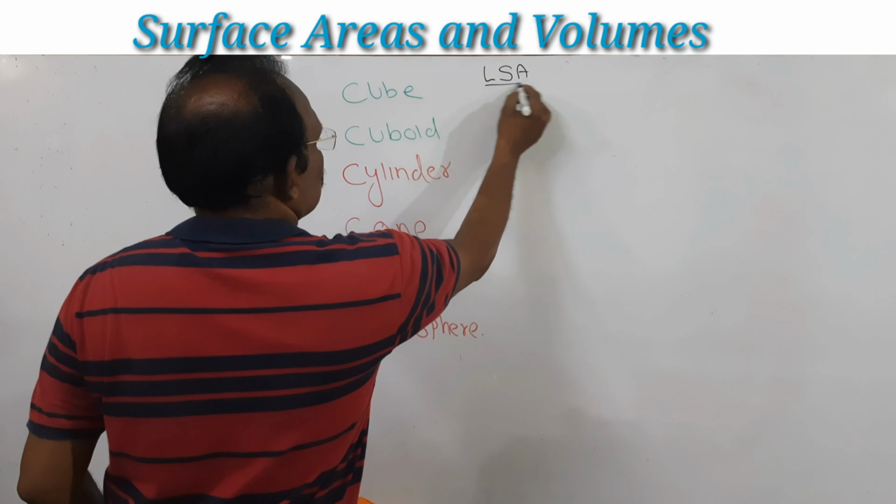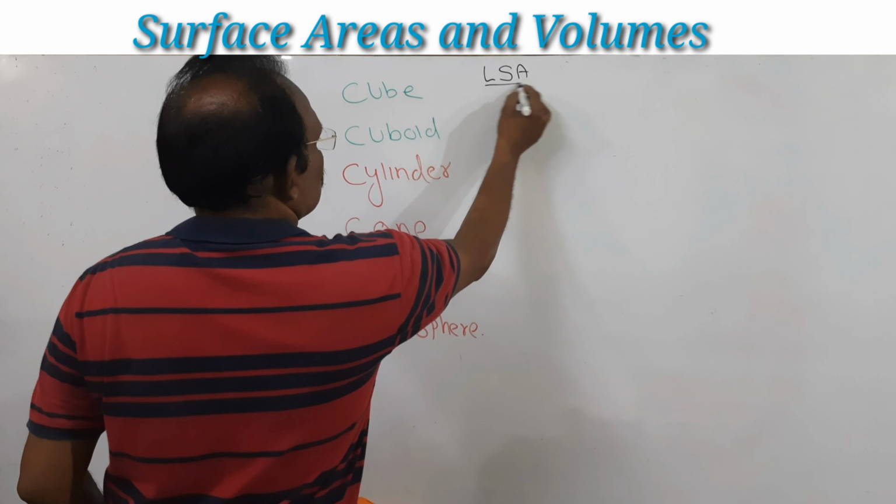Suppose this is A, this is A, and this is also A. So A plus A is how much? Here for a cube, length, breadth, height all are the same. Let length be A, breadth be A, height be A. So put A here. Now I am just giving an example. Actually this is length into breadth into height, this is for cuboid. For cube, length is also A, breadth is A, and height is A. Now what happens? 2, in the bracket this is 2A and here is A. Now 2 2s are 4, A into A is A square.